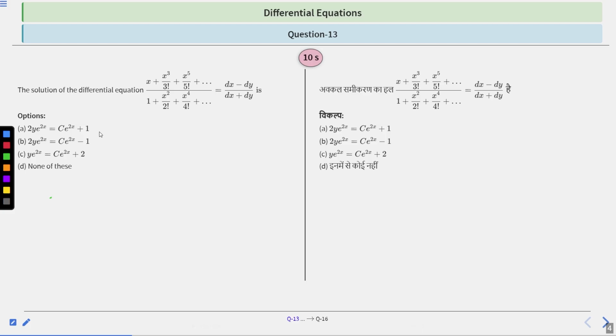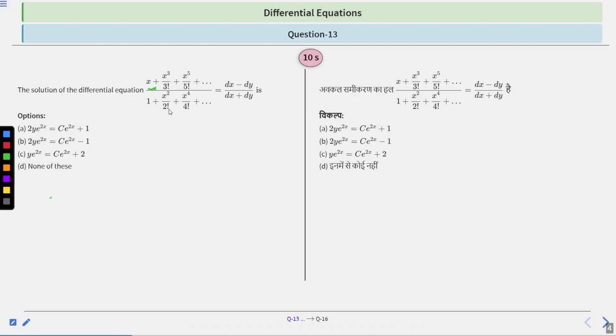The hint of this question is, first you will try to apply the expansion formula, right? So we know the expansion of e to the power x and e to the power minus x. But in the e to the power x and e to the power minus x expansions, half the terms are in the numerator and half the terms are in the denominator here. Because the expansion of e to the power x has 1 + x square by 2 factorial + x cubed by 3 factorial + x to the power 4 by 4 factorial + x to the power 5 by 5 factorial till infinity, like this, right?